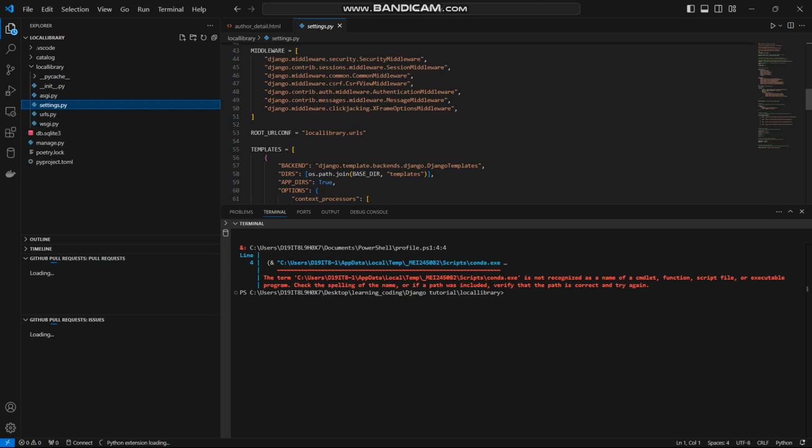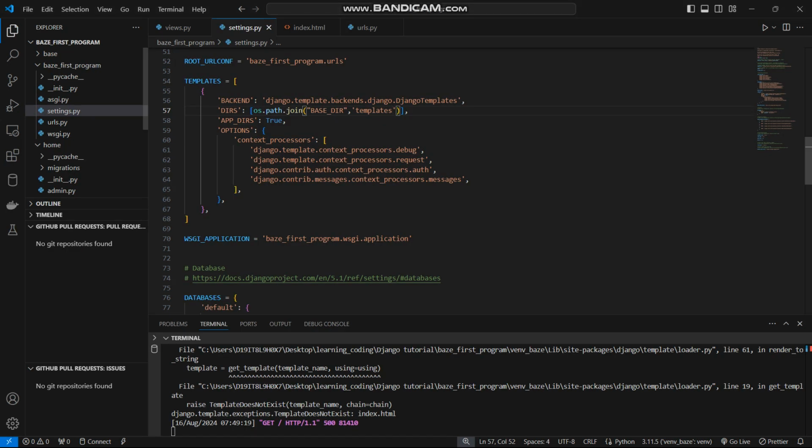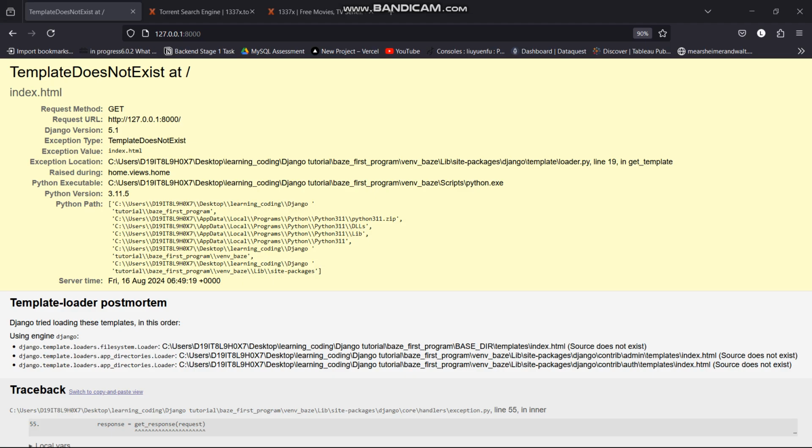Yeah, so, oh, so the base, no wonder. This is not supposed to be a string, it's just supposed to be the base directory. So when I refresh,